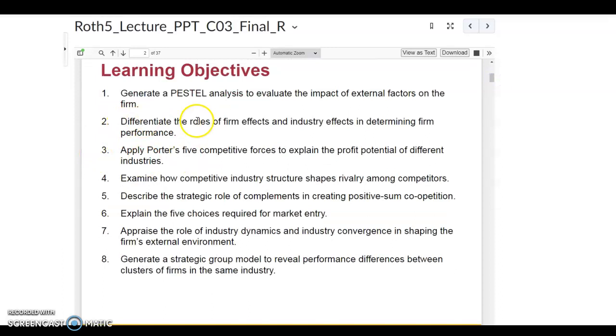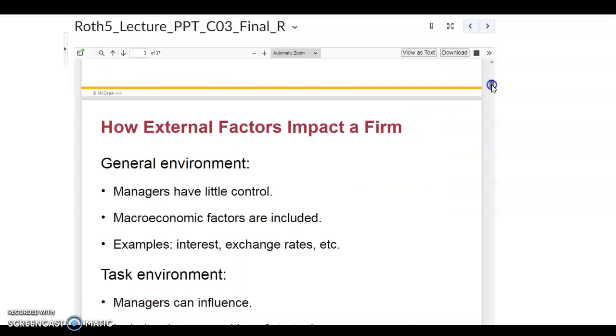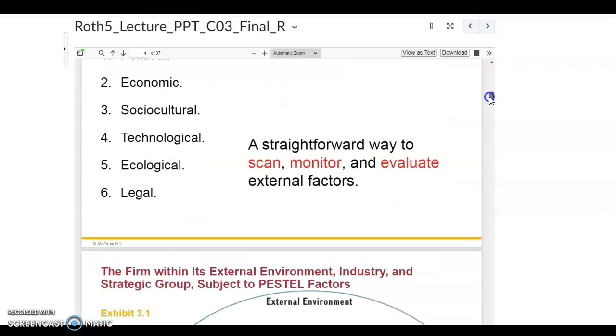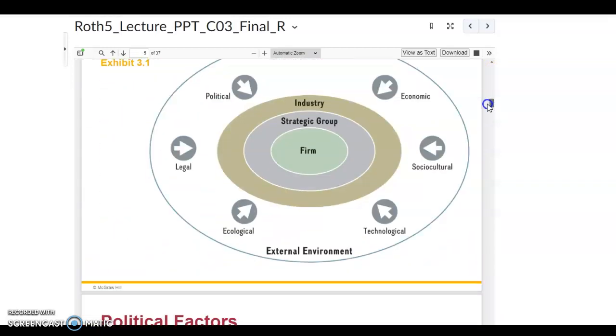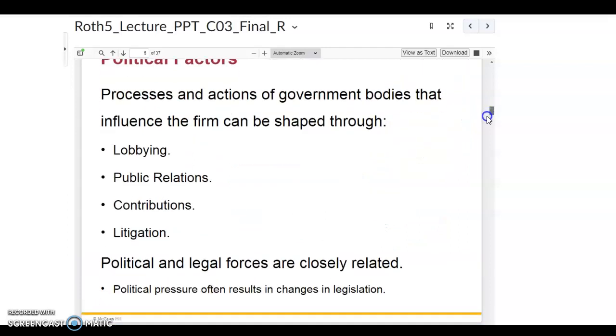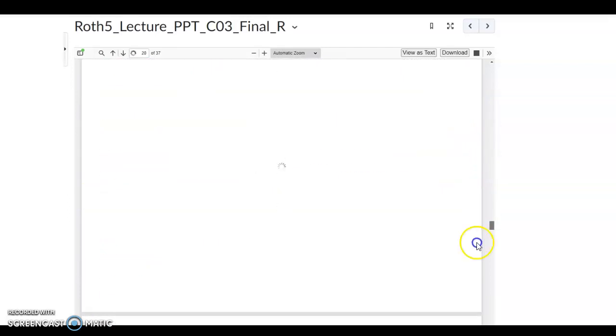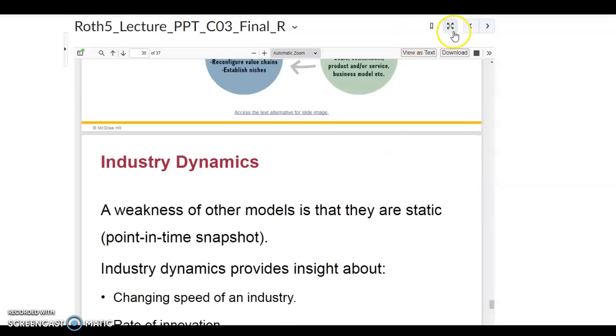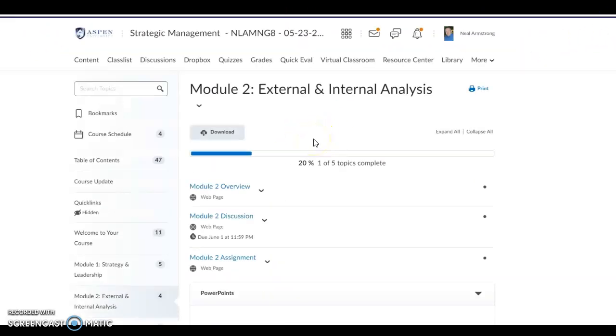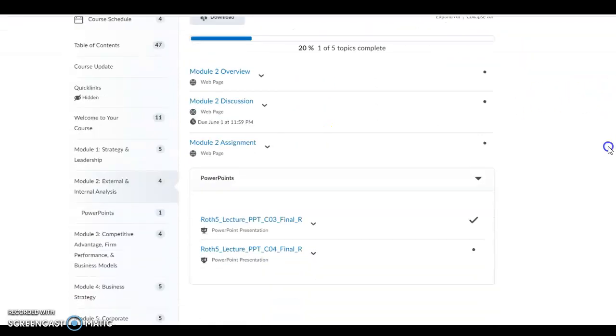We're going to learn about PESTEL this week. We're going to learn about Porter's 5 forces. These are all things that are going to be great to really understand. I'm not going to touch on a lot of these things because you have the PowerPoints to look at yourself. But these are definitely things that I'm looking forward to discussing with you in the discussion board post. And I can go back and see what the other one shows, so we can have a reference point for everybody.